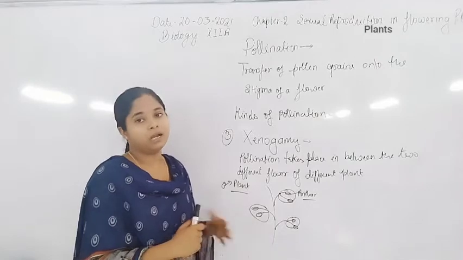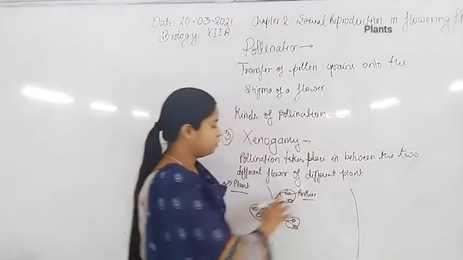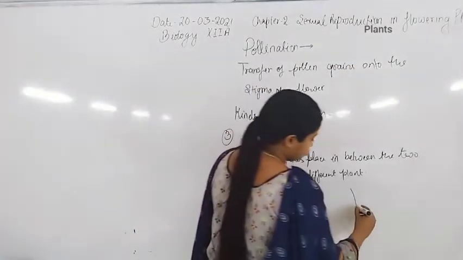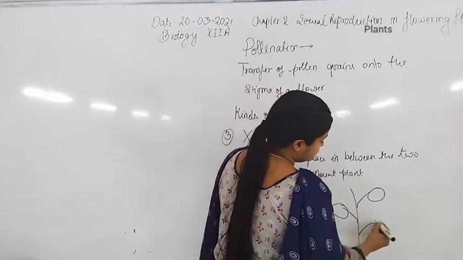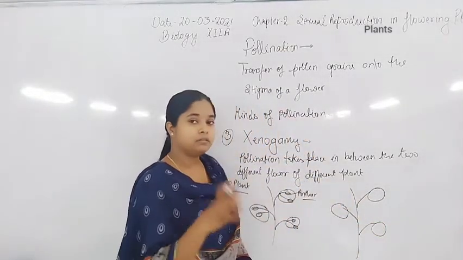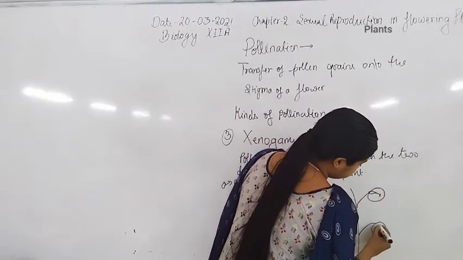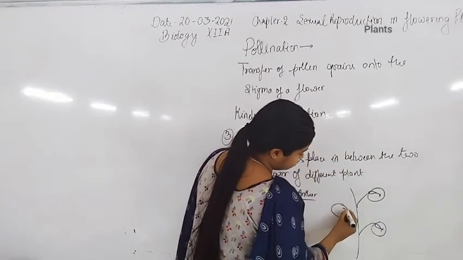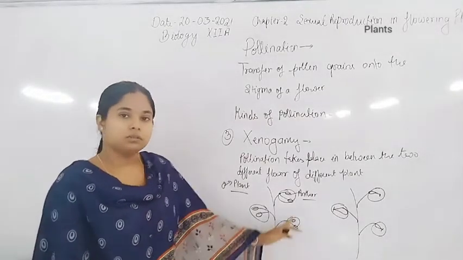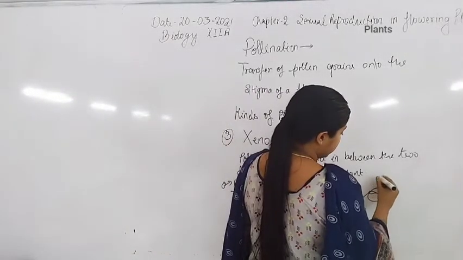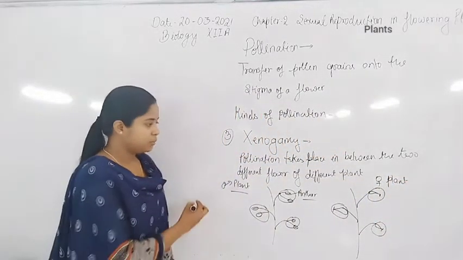That kind of plant is known as a male plant. Or if the plant of the same species only shows a single type of flower, that is unisexual flower, and they only have the gynoecium or female reproductive part on the flowers of the plant, that type of plant is known as a female plant. Female plant. An example is papaya.